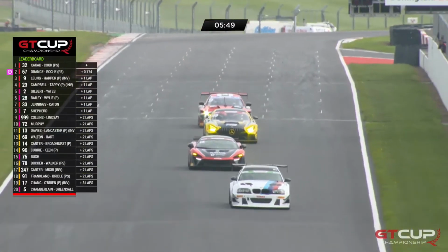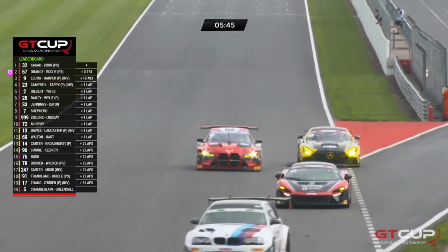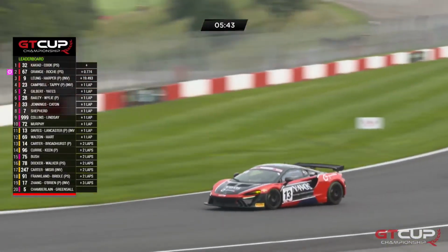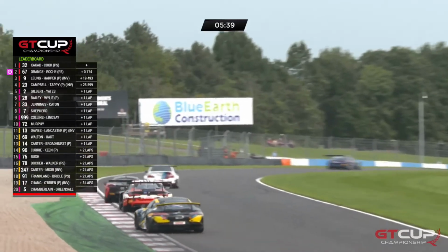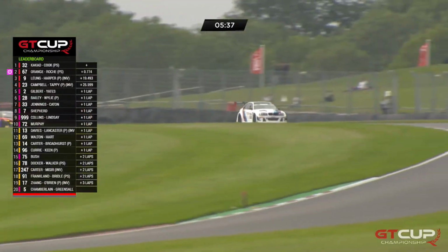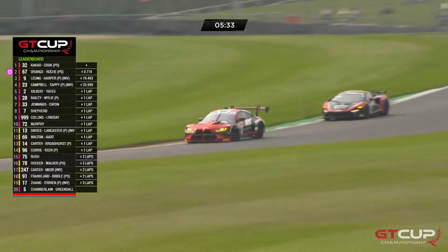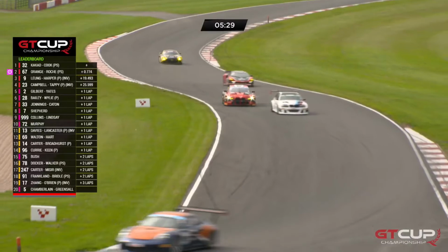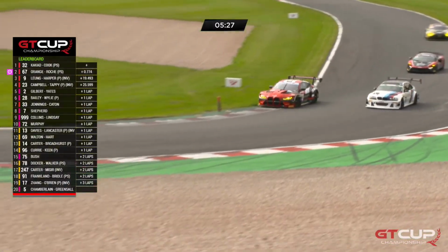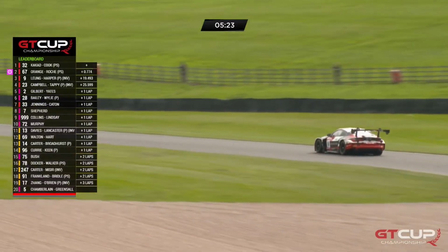And now we also throw in the fact that the third place man, Darren Leung, is coming up to lap them. He nips up the inside of Chris Hart. Does this maybe change the dynamic of this group GTH lead battle? Chris Hart getting past in quite a convenient place there. If you're a Group GTH car or a slower car, you want to get past on a straight part of the circuit and not a corner as we just saw there. Down the inside, Darren Leung takes a big dive up the inside at the old hairpin. That's a bold manoeuvre, but